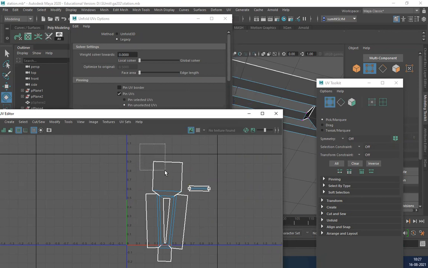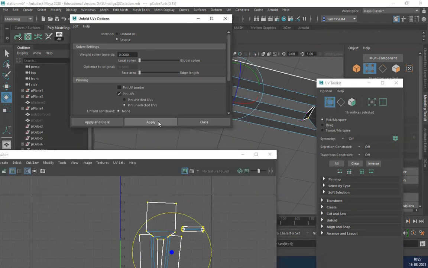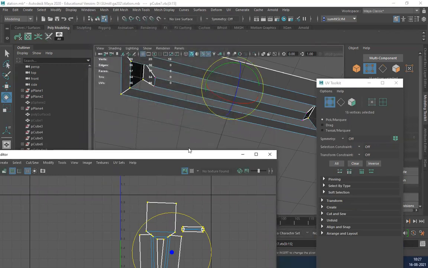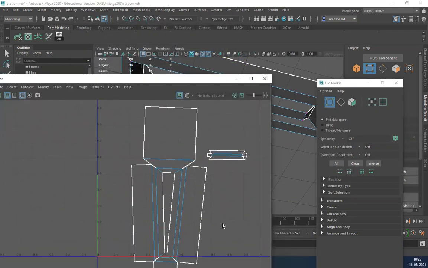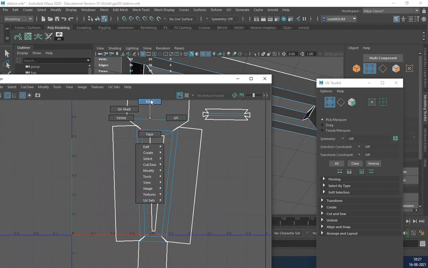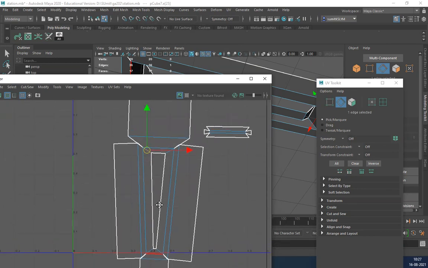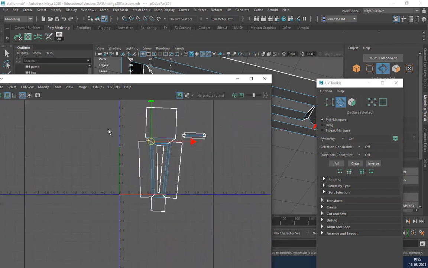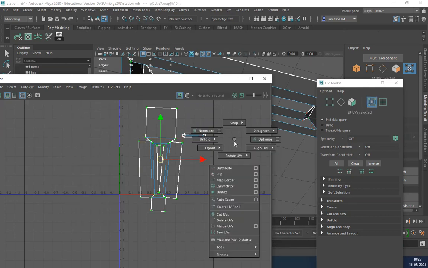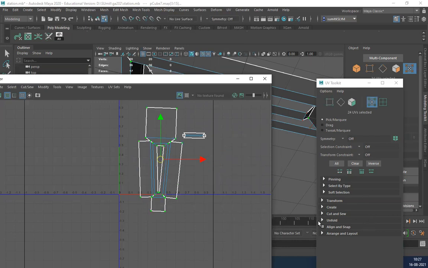The shape is better. I can separate the entire thing also if I want. Optimize. Optimize. No, that's not nice.